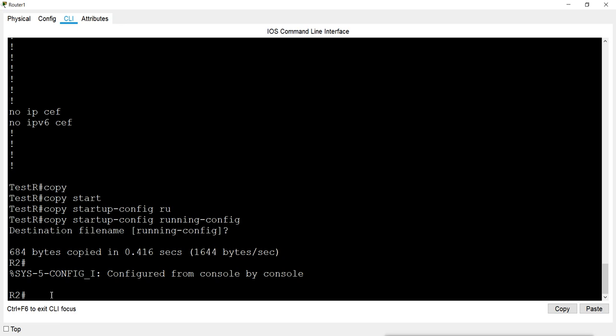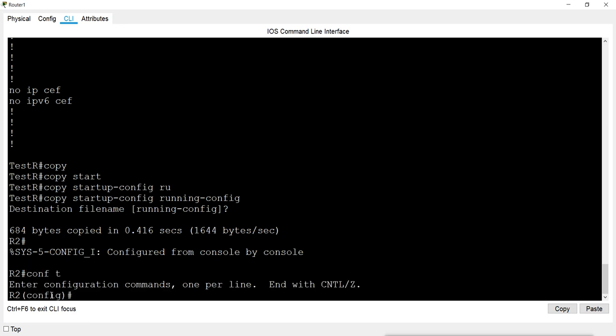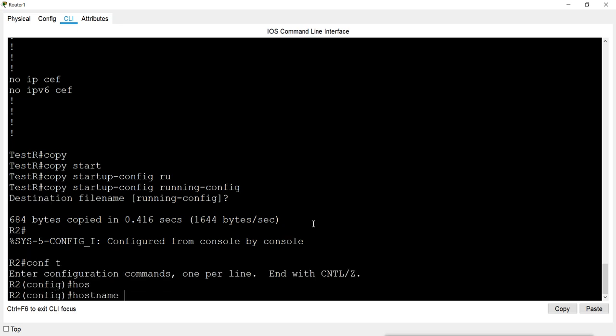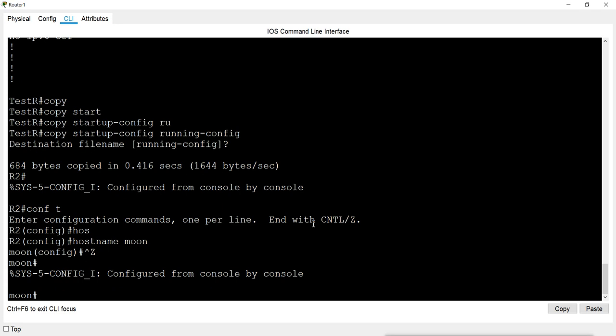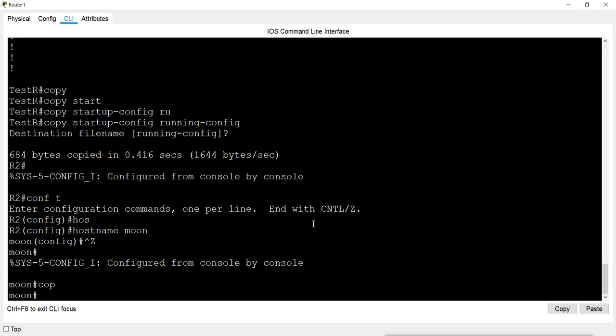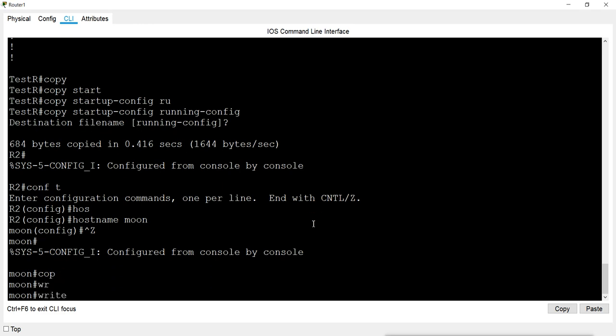Now suppose someone changed the configuration in NVRAM also. For example, I am just changing the name, and it has saved the configurations also. The shortcut for saving the configuration is write. You can just run the command write.